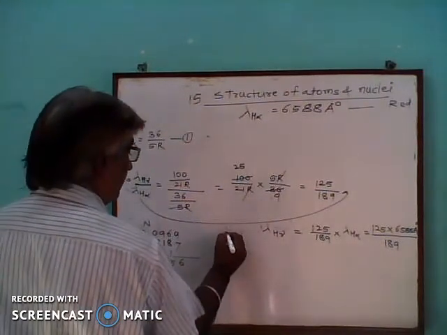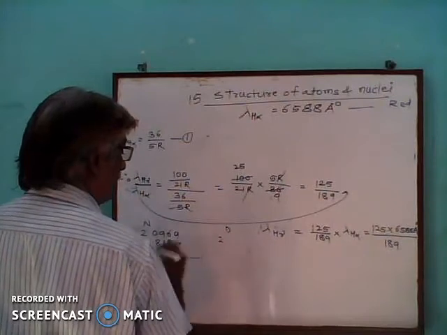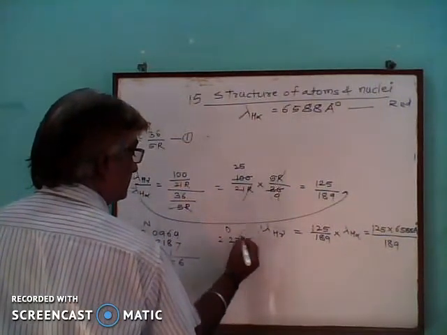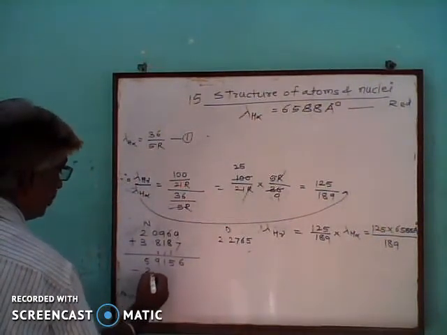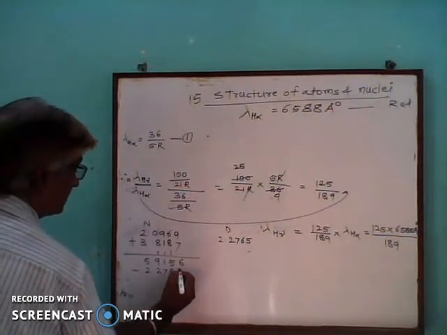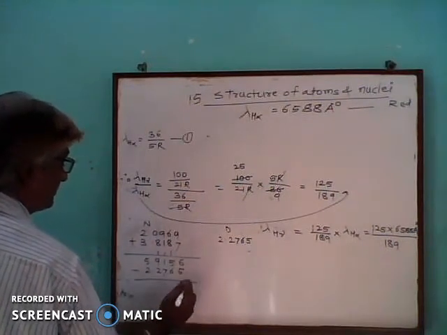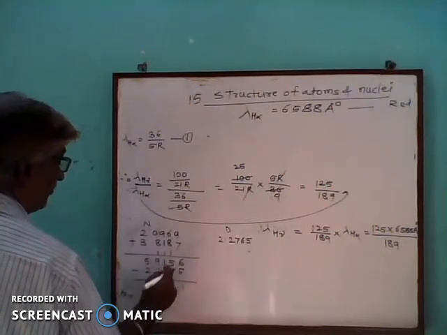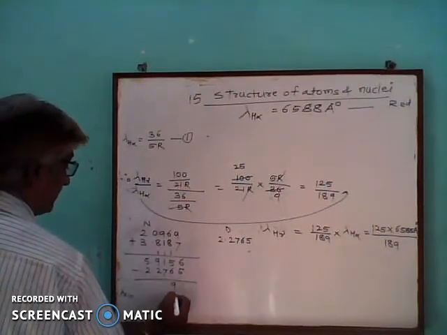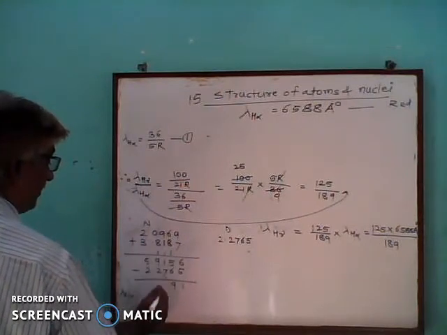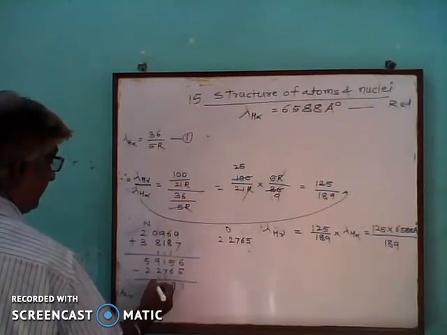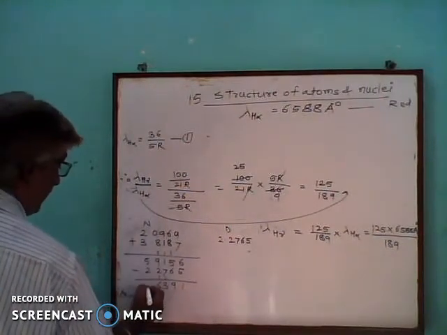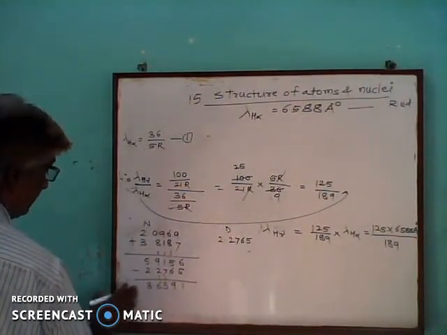If the denominator 189 is taken, log will be 2.2765, minus 2.2765. What happened? From 5, 2 is subtracted, 3 is remaining. From 9, 3 is subtracted, 6 is remaining. From 11, 8 is subtracted, 3 is remaining. From 15, 6 is subtracted, 9 is remaining. From 6, 5 is subtracted, 1 is remaining.